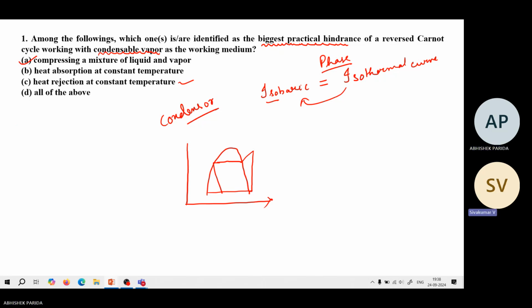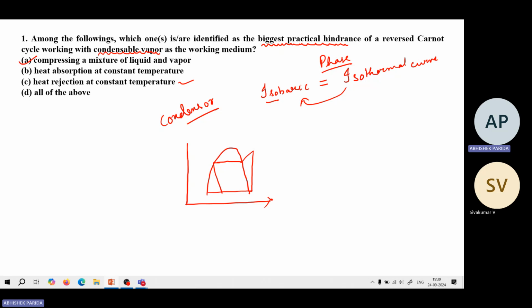But if they are generically asking what are the drawbacks or otherwise practical difficulties of a reversed Carnot cycle, in the sense of why it is not feasible, can we consider option B as well as C, sir? Instead of saying the biggest practical hindrance, simply saying it is a drawback. In that case, can we consider all of the above, sir? No, in that case also option B you cannot consider,